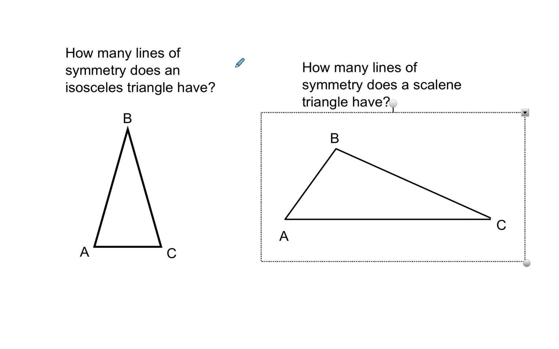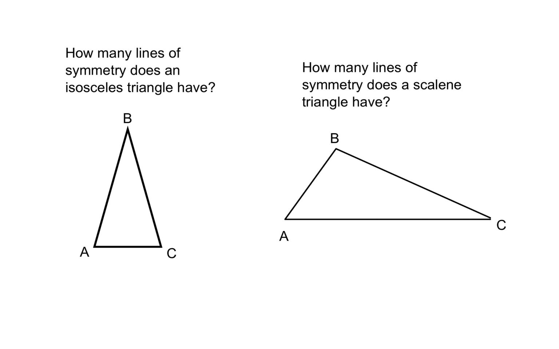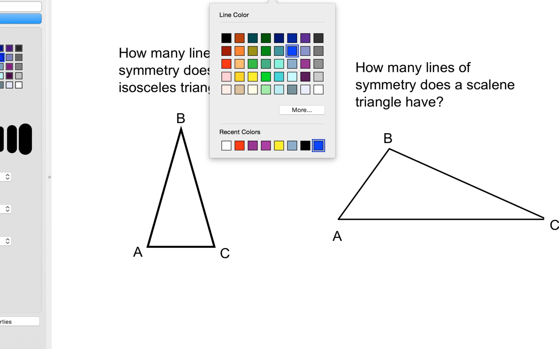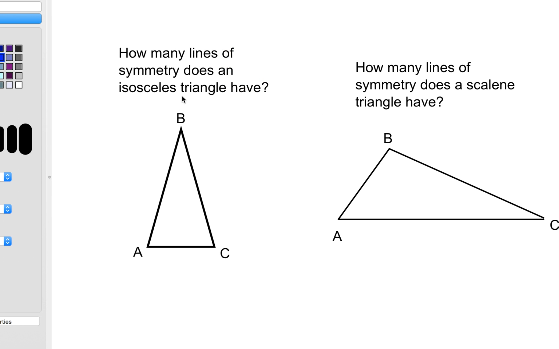Okay, let's take a look at this. How many lines of symmetry does an isosceles triangle have? Well, let's see. So again, we're going to try to draw lines of symmetry. And here we go. So let's draw a line of symmetry that goes through B. Now, can I draw a line of symmetry that goes through A? Well, let's see. If I drew a line that went through vertex A, well, that's kind of tough to do